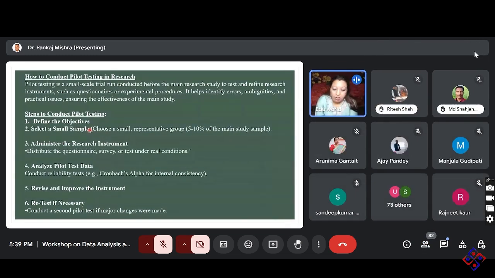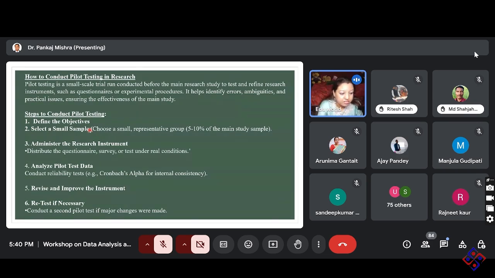There should be a segment which relates to the reliability and validity of the test, because you are using a scale, and whether that scale is standardized or not is very much mandatory. So you should report the reliability and validity values. Next, based on this pilot testing, the values that you get, you can modify your tool. You can modify some of the items or eliminate some of the items. After that, if you want to retest it, you can apply it on a second sample or a second pilot test.